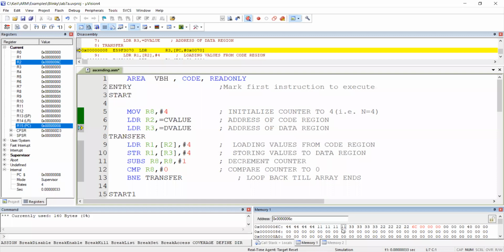I have drawn in Paint 74, 75, 76, 77, 78, 79, 7A, 7B. This is the memory arrangement starting from 6C ending at 7B. This is the value.